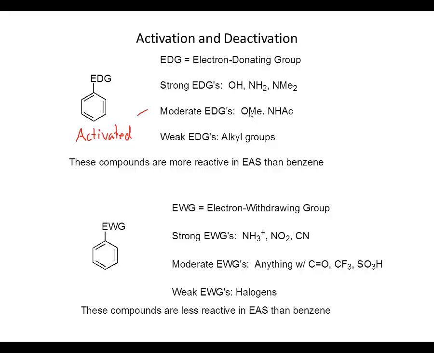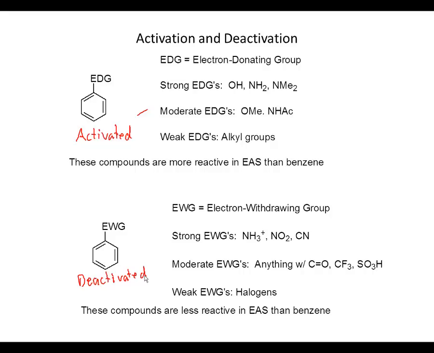Moderate electron donating groups are OMe and acylated amines, and weak electron donating groups, the most common ones that we see of this class, are alkyl groups. Okay. The other type of substituent is called an electron withdrawing group. An electron withdrawing group results in a ring that is deactivated relative to benzene. Okay. So anything with an EWG on the benzene ring is less reactive than benzene is in electrophilic aromatic substitution